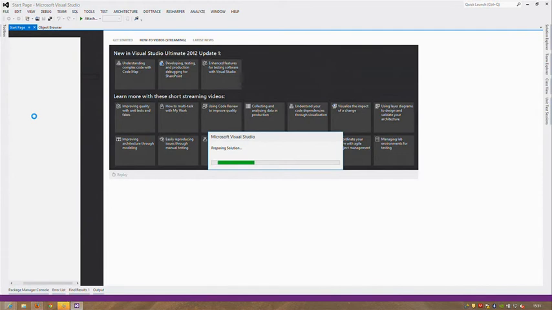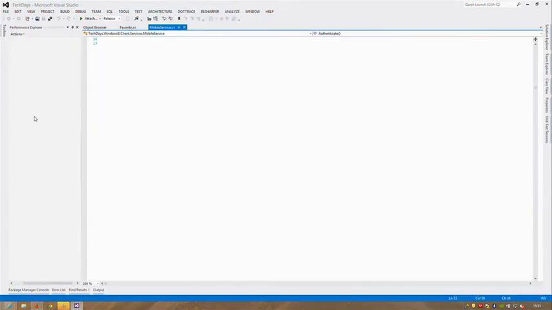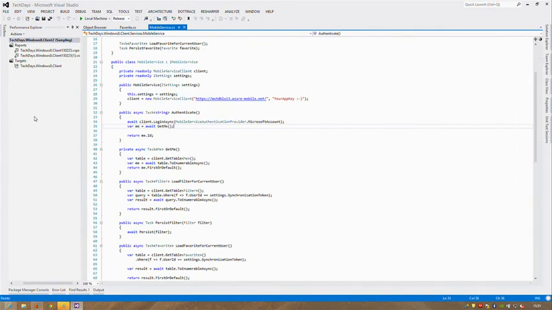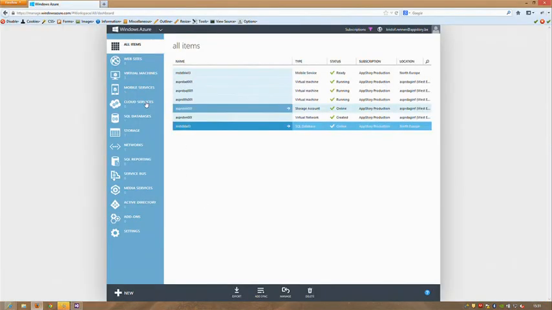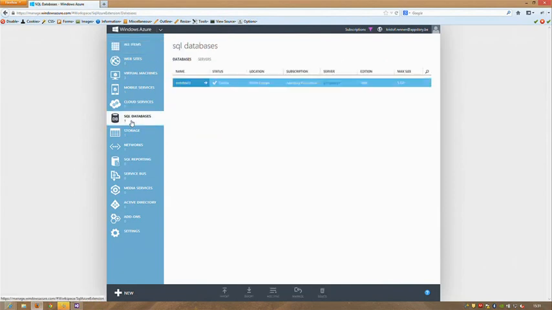you through those. Now, to start from the beginning, what Nick was talking about, you can decide when you create your mobile service to start with a new SQL database, or you can use an existing one. So I'm going to use a portal and go to my SQL databases and quickly show you how, if you really want to use Windows Azure Mobile Services based on an existing database, what the steps are that you can